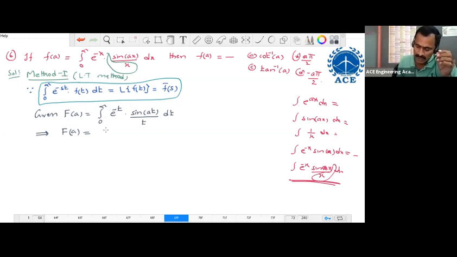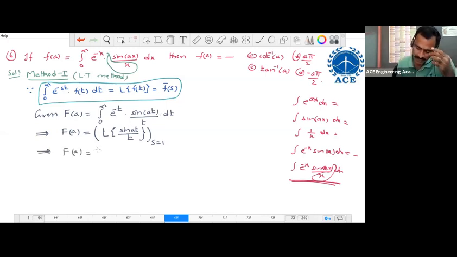So this output is given by L of sin at divided by t. The value of this integral is given by the Laplace of this function, but in place of s, we have 1. This output is finally a function of s, but here the output should be in terms of 1 only. So s equal to 1. In place of s, if we write 1, then we get the integral value, which implies f of